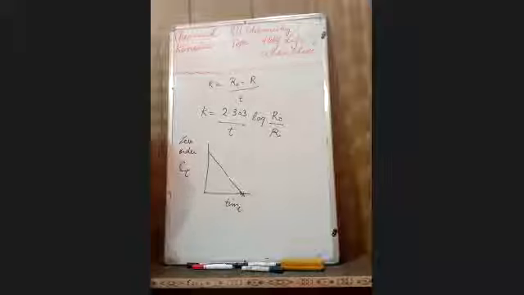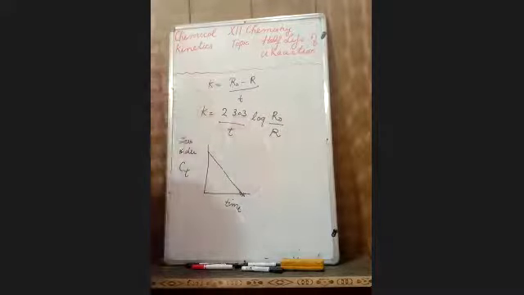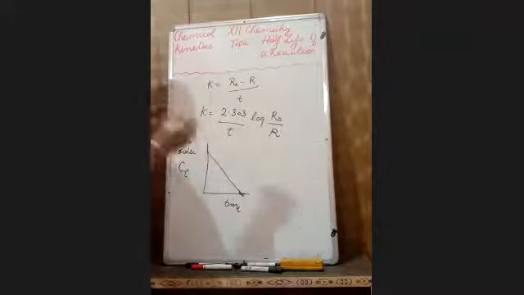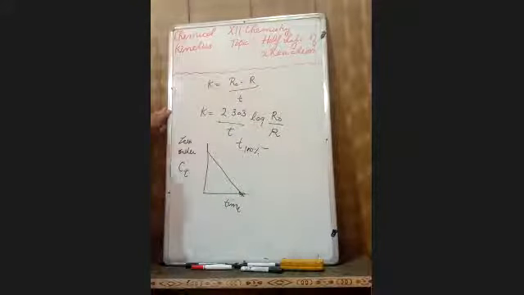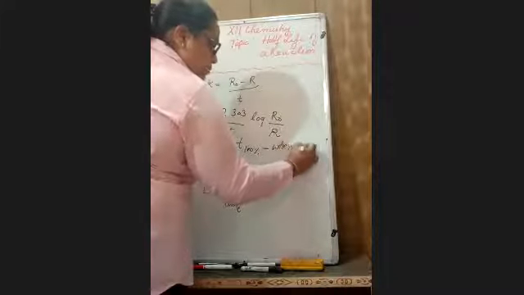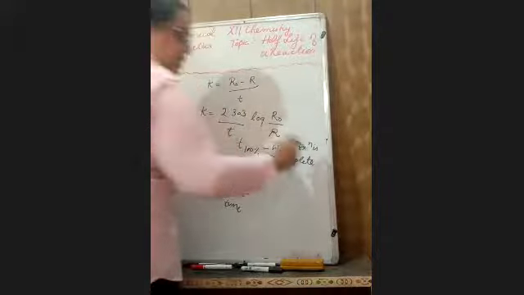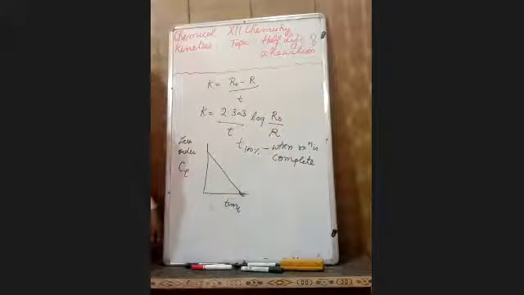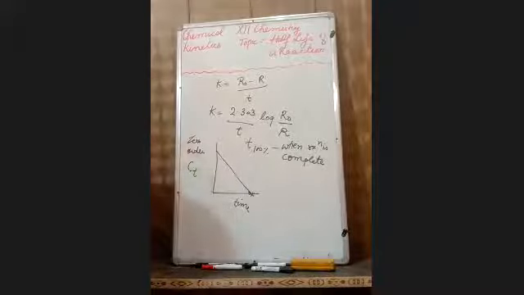In today's lecture, my dear students, we have to discuss the half-life of a reaction, for zero order and for first order. First for zero order. First tell me what do you mean by T 100%? T 100% means when the reaction is complete, or when 100% of the reactant is consumed. Okay, it is your T 100%.